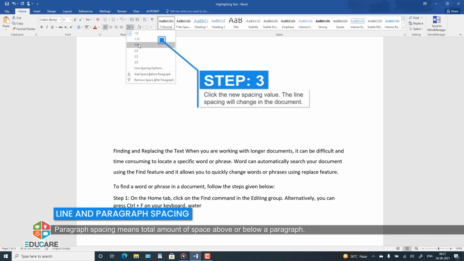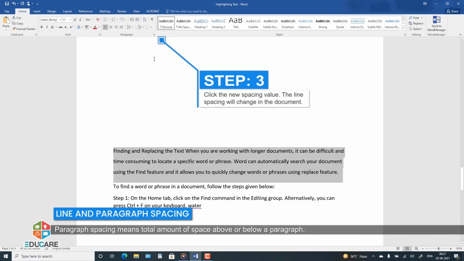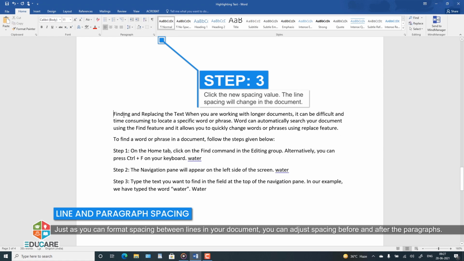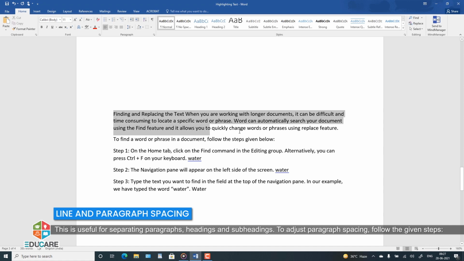Paragraph spacing means total amount of space above or below a paragraph, just as you can format spacing between lines in your document. You can adjust spacing before and after the paragraphs. This is useful for separating paragraphs, headings, and subheadings. To adjust paragraph spacing, follow the given steps. Step 1.